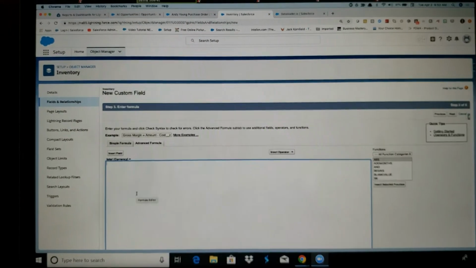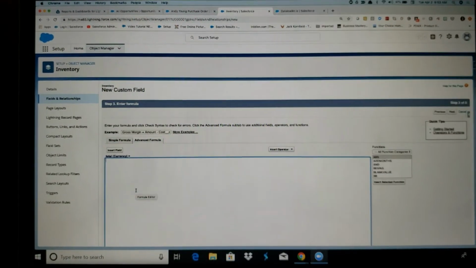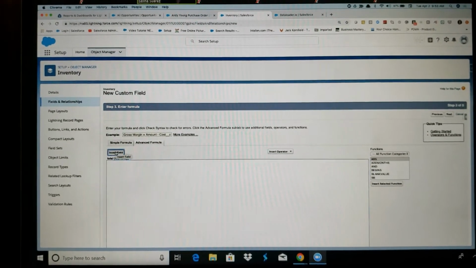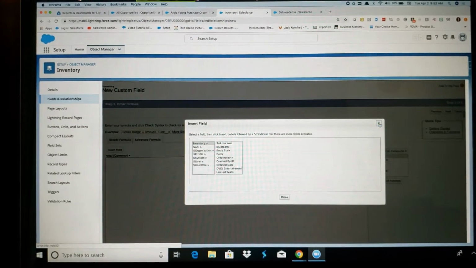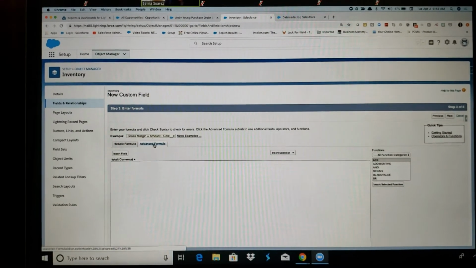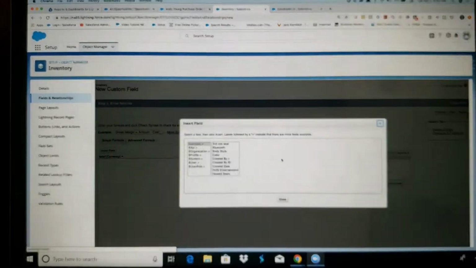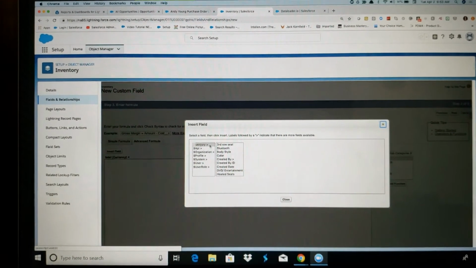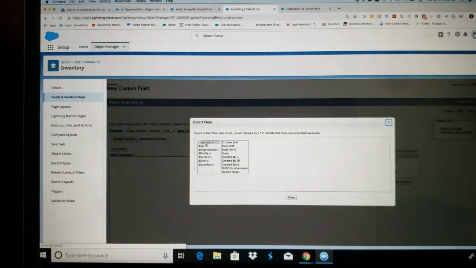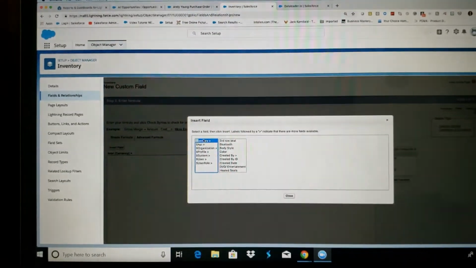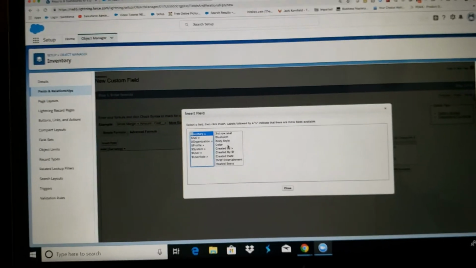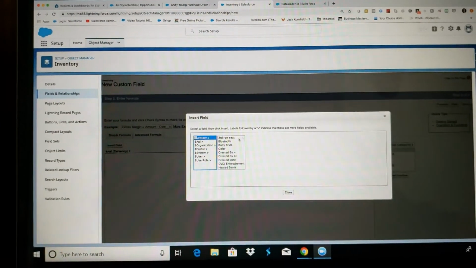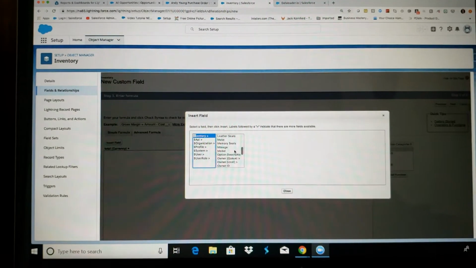And just like we would do in Excel, we would use the same syntax that we would use to create a formula in Excel. So let's hit insert field. First, make sure that you're in the advanced formula tab. And we're going to hit insert field. And then here, we can see that there's a little arrow for the inventory object. So it's pointing to all the fields that are available to be pulled into our formula on the inventory object. So we need to search for quantity,